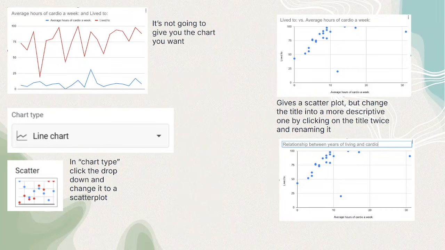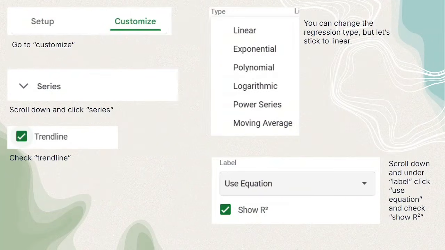From there, just double click the title and rename it to something descriptive like relationship between years of living and cardio. Next, go to the Customize tab, scroll down to Series and check the box for trendline. You can choose from several regression lines: linear, exponential, polynomial, logarithmic, but for most of what we do, we will stick to linear.